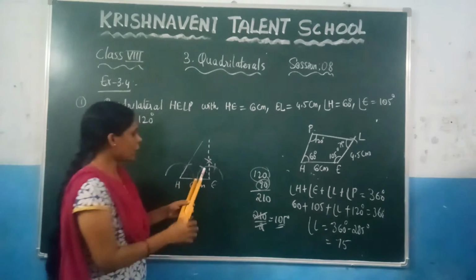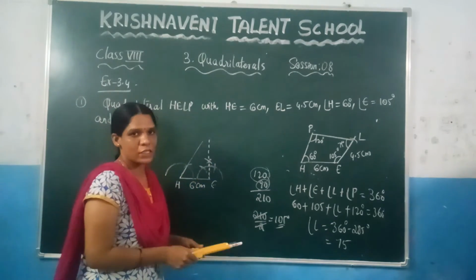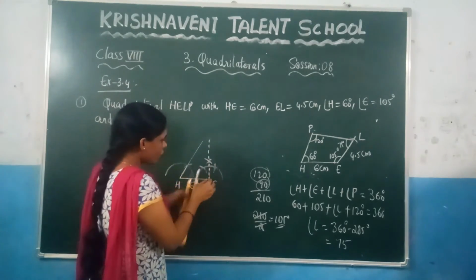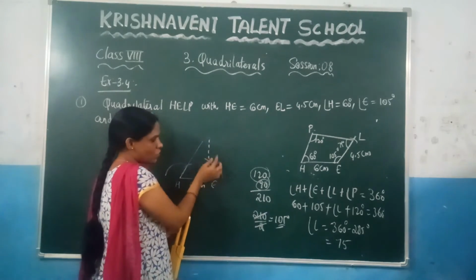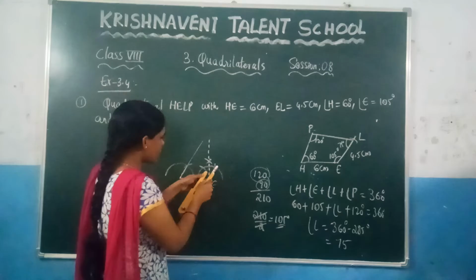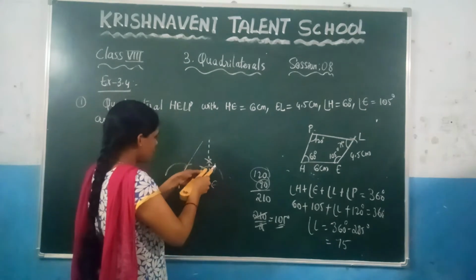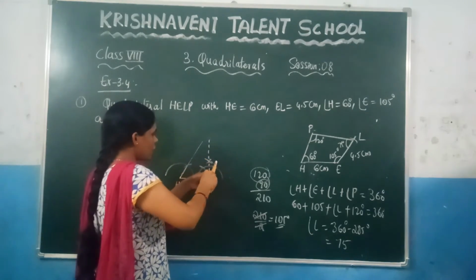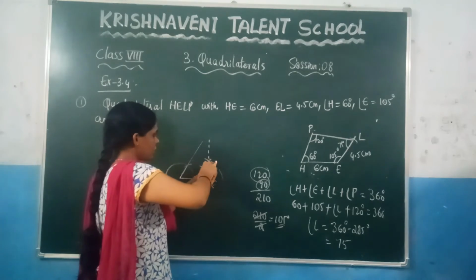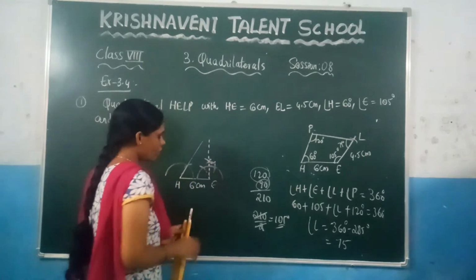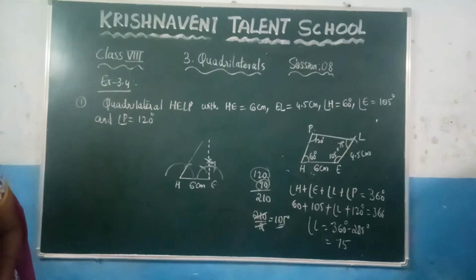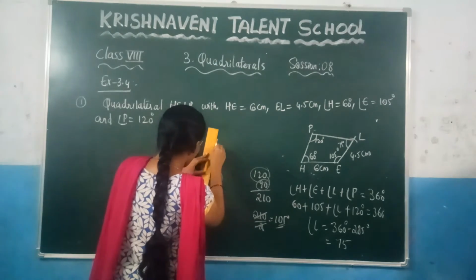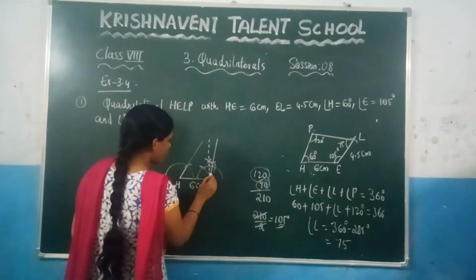So here you need to take the perpendicular bisector between these two angles. So here this is nothing but 90, this line, and this is 120. So here in between this range you will get 105. So take more than half radius here. Like this keep one arc and here like this keep one arc. So here this is nothing but 105. Now join this one with the help of the scale. So here this is nothing but 105 degrees.